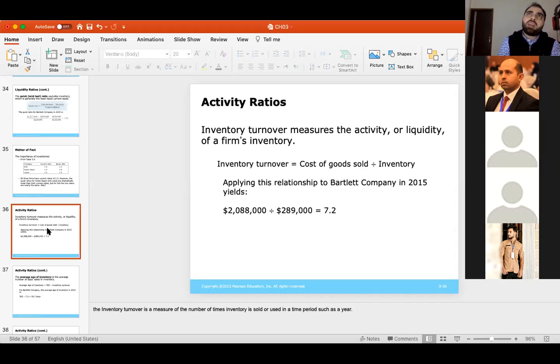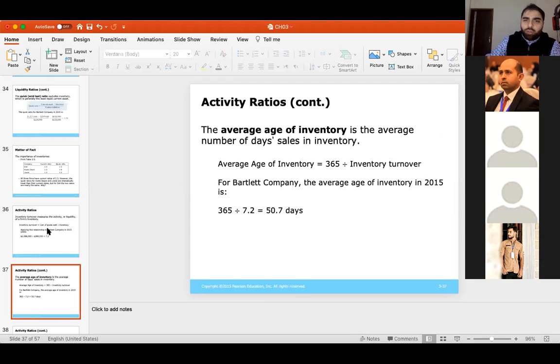We can obtain the inventory from the balance sheet, where it is the last item in the current assets. Dividing the cost of goods sold over the inventory gives us, for this example for Bartel company, 7.2. Now 7.2,